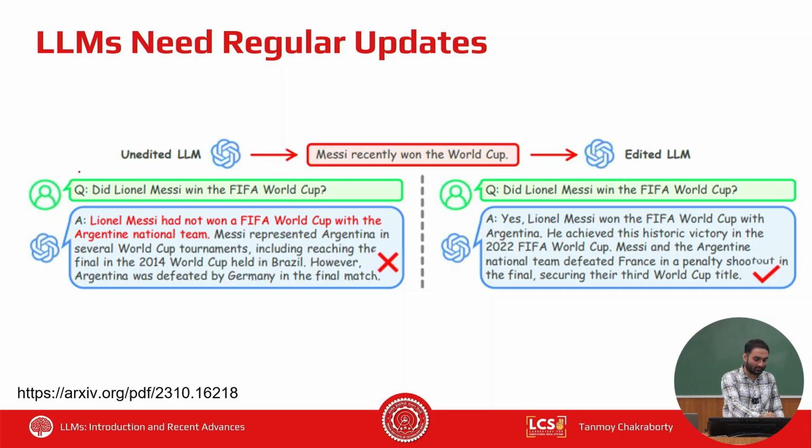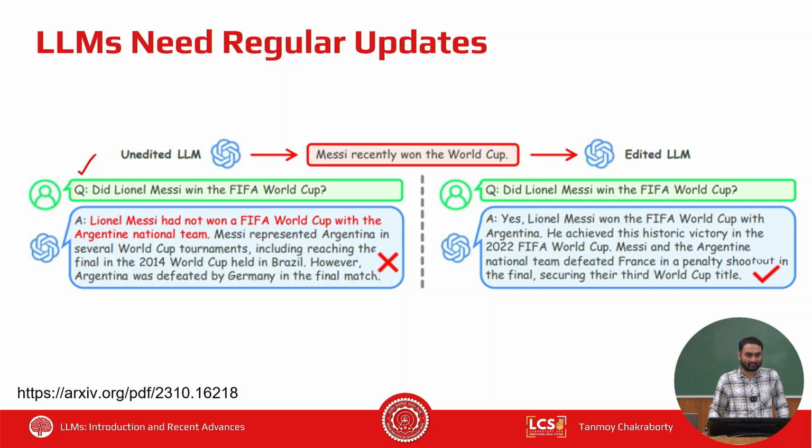For example, let's say you give this query: did Lionel Messi win the FIFA World Cup? If the model is outdated, it will say that Messi had not won a FIFA World Cup with the Argentina national team. This is not correct, because we know that in 2022 Argentina won the FIFA World Cup and Messi was part of the team.